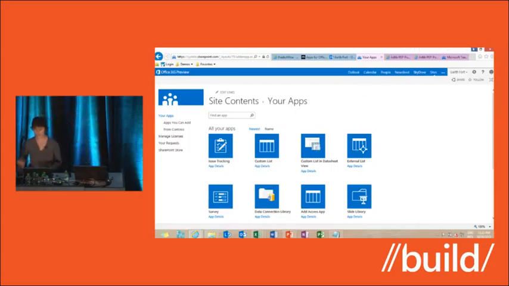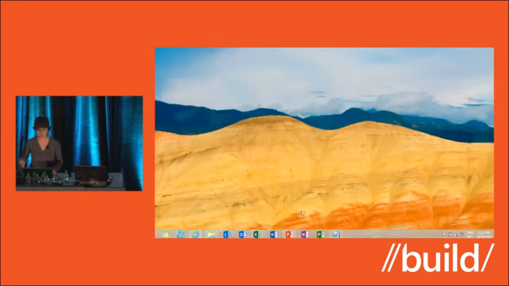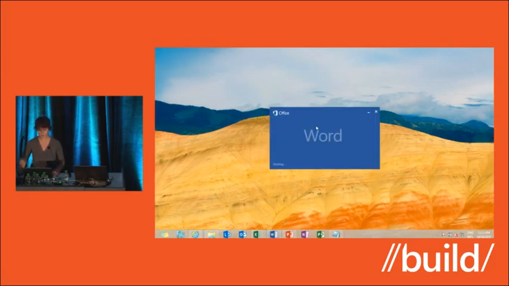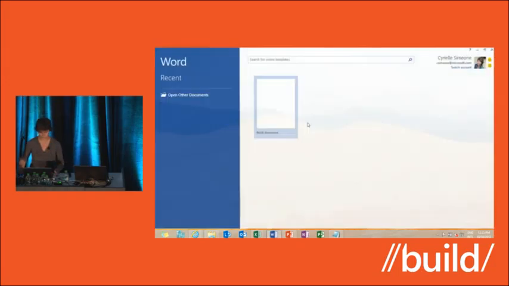Now in Office, we actually have the same capabilities. In Office, administrators can add trusted catalogs using GPO. So they can basically configure access to the store, remove access to the store, and add multiple app catalogs. So you can use a SharePoint site as an app catalog, or you can also use just a folder and a file share. So if I go now in my Office, and I'm going to show you this in Word,